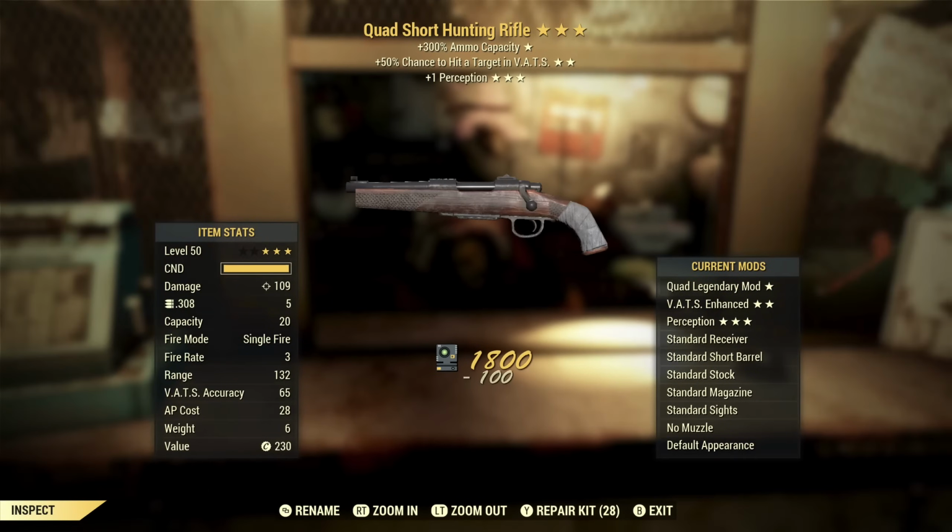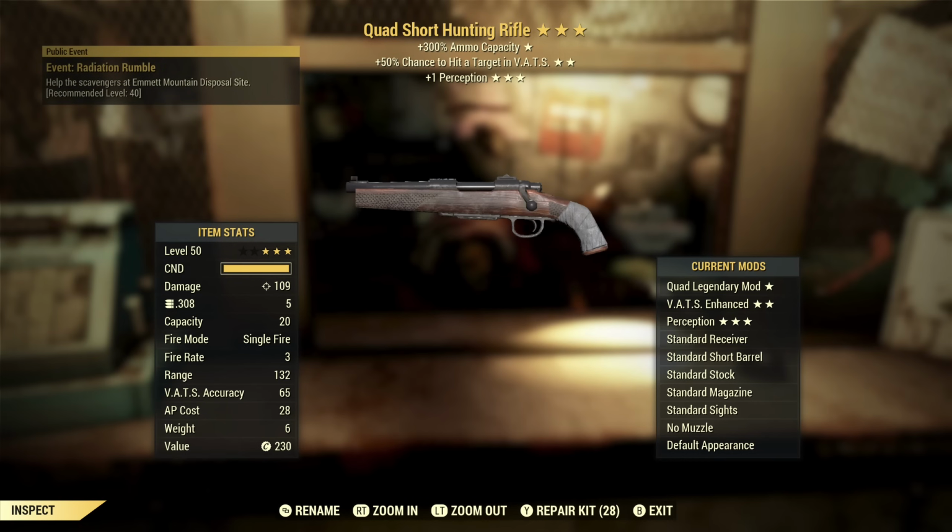Next, we've got a quad hunting rifle with VATS hit chance and +1 perception. I know there are people that really like quad on stuff like this. I don't. It's not terrible. It's actually not a bad effect. If you put a perforating magazine on it for armor penetration, VATS hit chance on hunting rifles I think is very good. It's probably my favorite effect on these